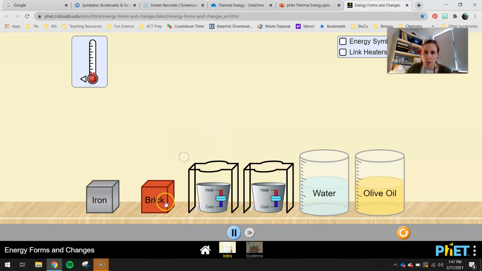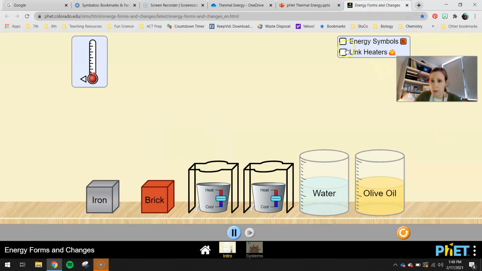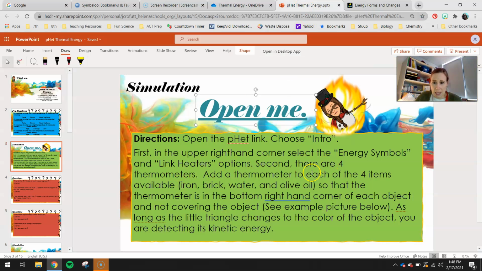Okay, so I'm going to go to Intro. I am going to go to energy symbols and link heaters. And then there are 4 thermometers. Add a thermometer to each of the 4 items available: iron, brick, water, and olive oil, so that the thermometer's in the bottom right-hand corner of each object and not covering up the object. You need to see what's going on in the object, so make sure it's off to the right-hand side. And as long as the little triangle changes to the color of the object, you are